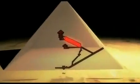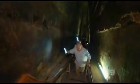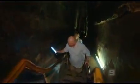We're now entering the biggest space in the pyramid, the Grand Gallery. Look at that, huh? The Grand Gallery. And it is grand, isn't it? And the majesty of its polished walls and vaulted ceiling takes your breath away. When we get to this, which is the masterpiece of the whole pyramid, this is...